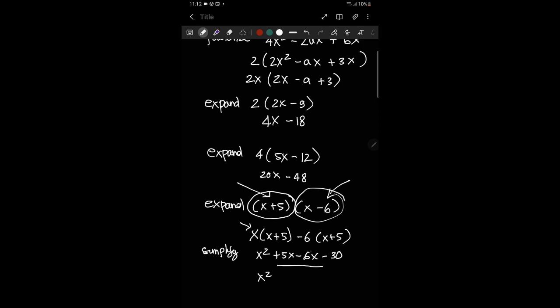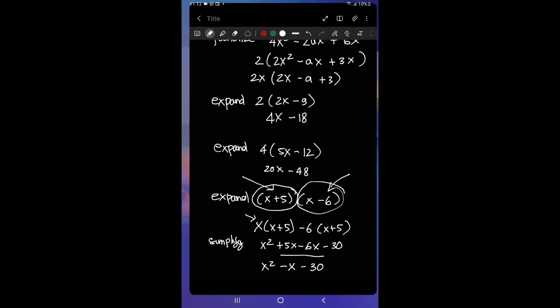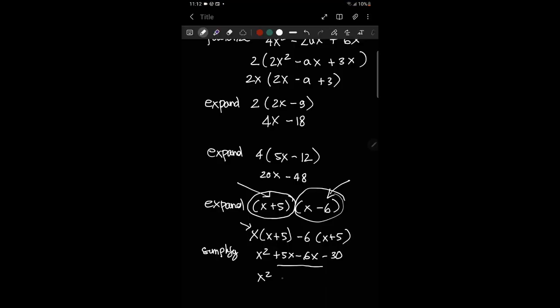We can simplify it. X squared. Now, if you are confused about how to simplify, change the x to a book, for example. 5 books minus 6 books becomes negative 1 book, right? Or negative a book. So I can write it as negative a book. And then minus